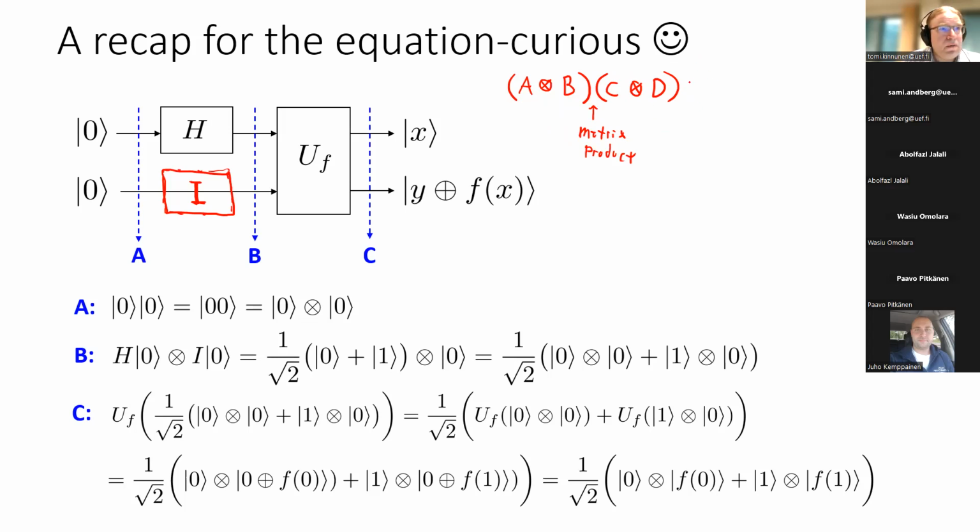In that case, this kind of expression can be rewritten as follows: we can take the matrix product of this A times this C here, and then we move the tensor to the middle. So this is the same as A times C, the matrix product of A and C, tensor B D. I mentioned this one because, for instance, in this step, we are actually using that kind of